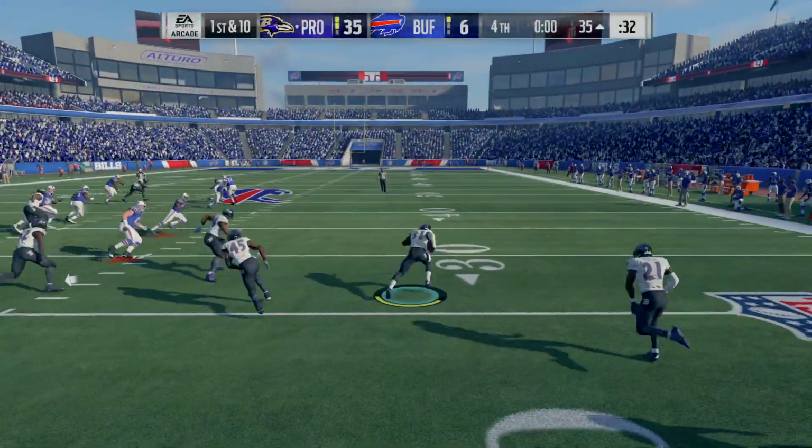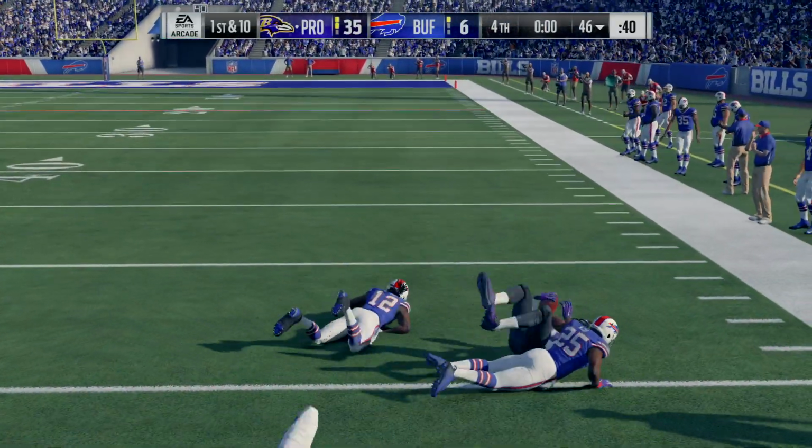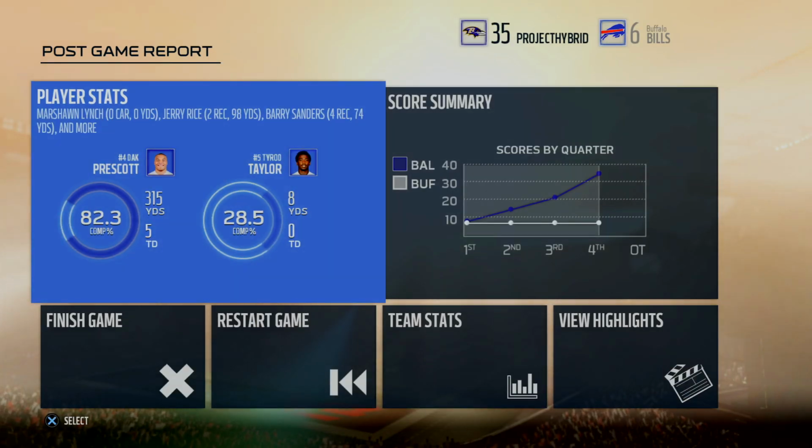Looking for Watkins, and it's intercepted. Picked off by Antonio Cromartie. And that will write a finish to this ball game. A road win in the National Football League, Charles, you never take that for granted no matter who